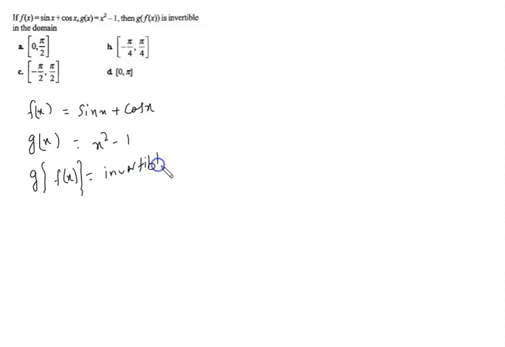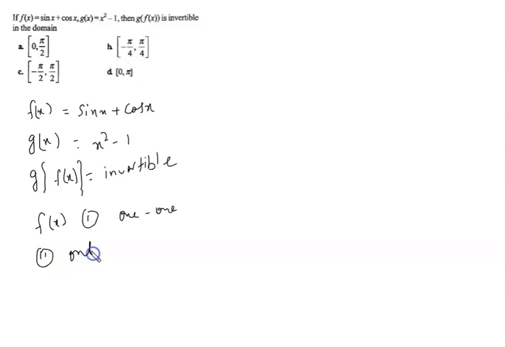We know that any function is invertible only if it is a one-one function and an onto function. So the first case is that f(x) is a one-one function, and the second case is that it is an onto function.